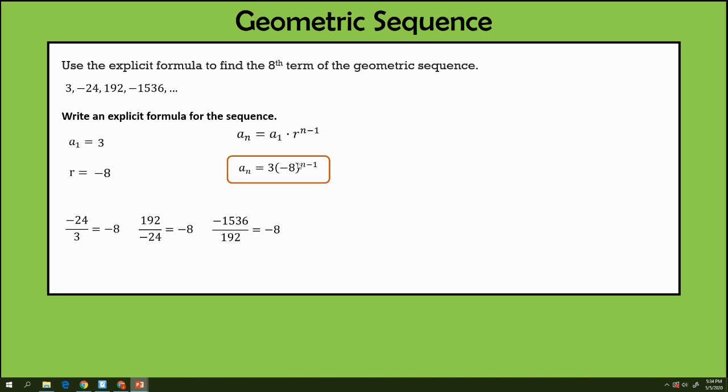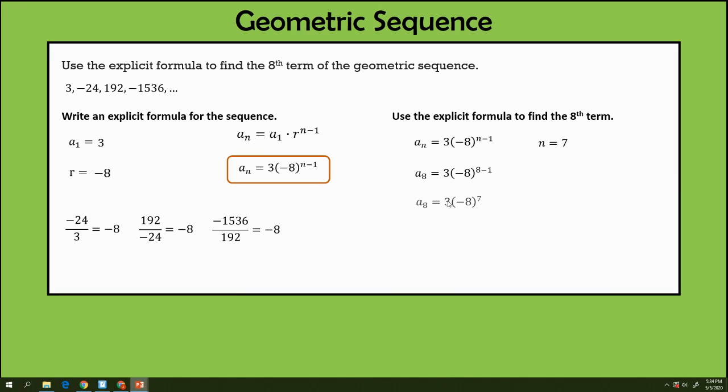Okay, there she is. Now they're asking us to find the 8th term of the sequence. So we're going to take our formula and let n equal 8. Forget that mistake. So the eighth term of the sequence is 3 times negative 8 to the 8 minus 1